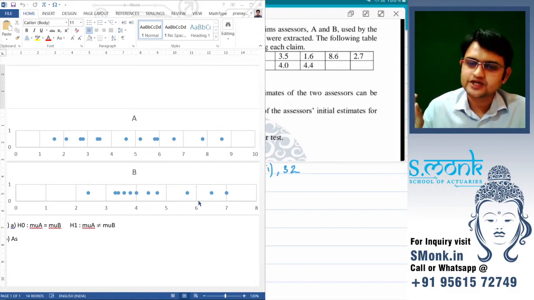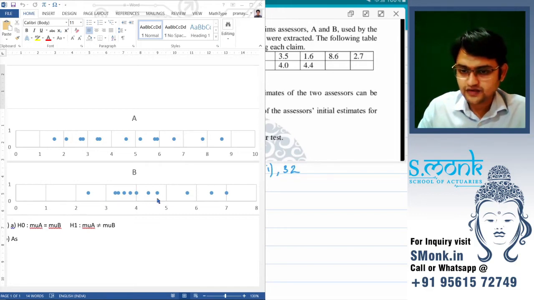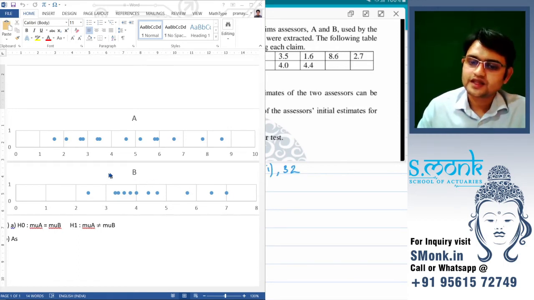Because the sample is small, we cannot judge it very well. But if we have an extreme sample, where we have all the concentration on one side and then small values ranging for a very long time, then we would say that it is not a normal distribution. Other than that, we can compare the variance. We can see that B is going only from 0 to 8 and A is going from 0 to 10, so A has a larger spread. So clearly the variance of A seems to be larger than the variance of B.